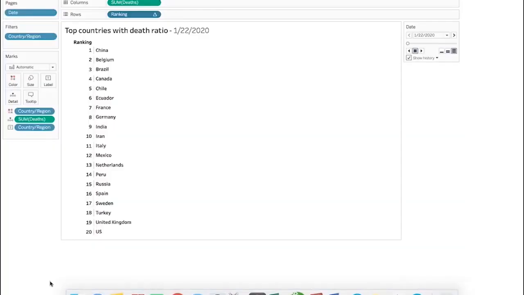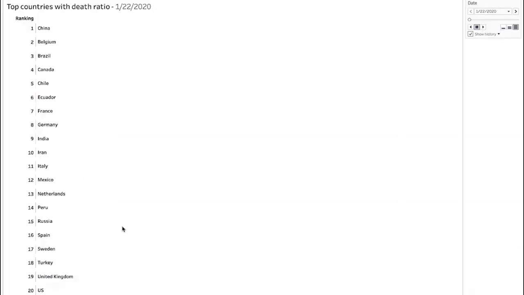this one. Now the next graph is to show you how countries are actually dealing with the death ratio and who has the maximum number of deaths. I have taken only the top 20 countries for this graph because it was kind of hard for me to fit in the information of every single country. And this is a ranking bar graph, and the ranking will change accordingly based on the number of deaths they were having in each country.